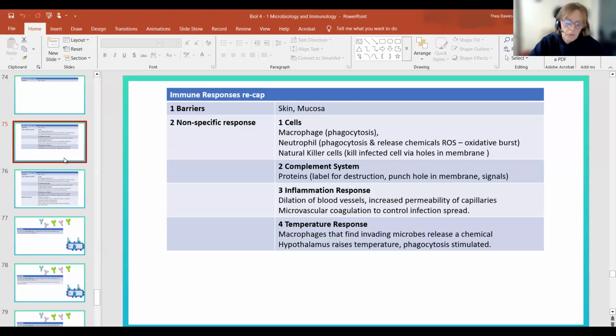We can divide it up into 4 things, really: the cellular defense, the complement system, the inflammation response, and the temperature response. So the cellular response, we've talked about the macrophages quite a bit over the course because they're active